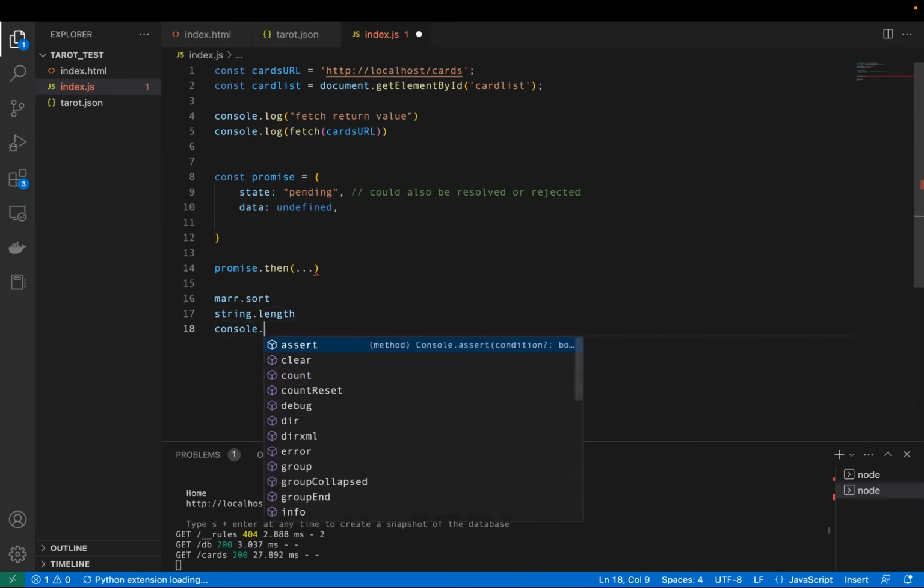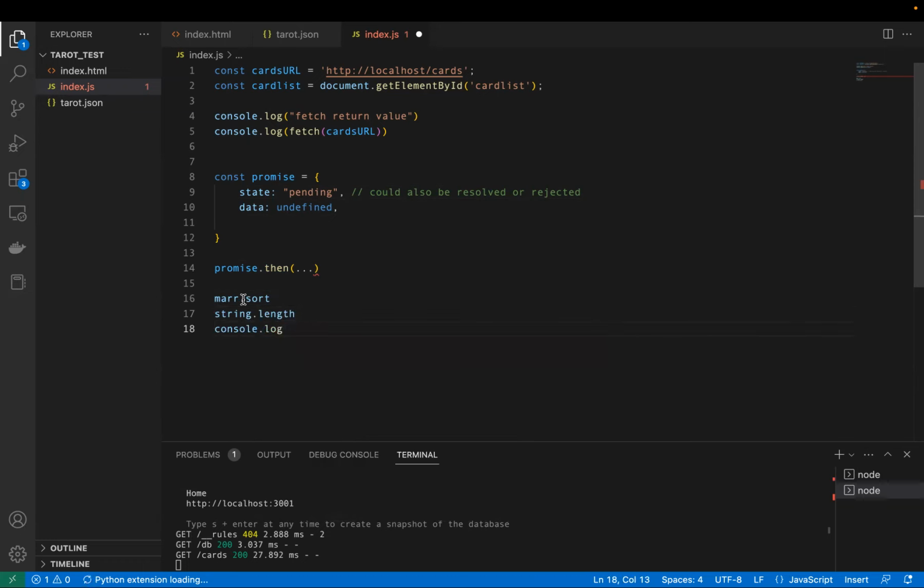Console.log. These are methods on these objects. Methods are just functions that are attached to an object. So then is just a function, and we can add it to the object here. Then is a function that takes